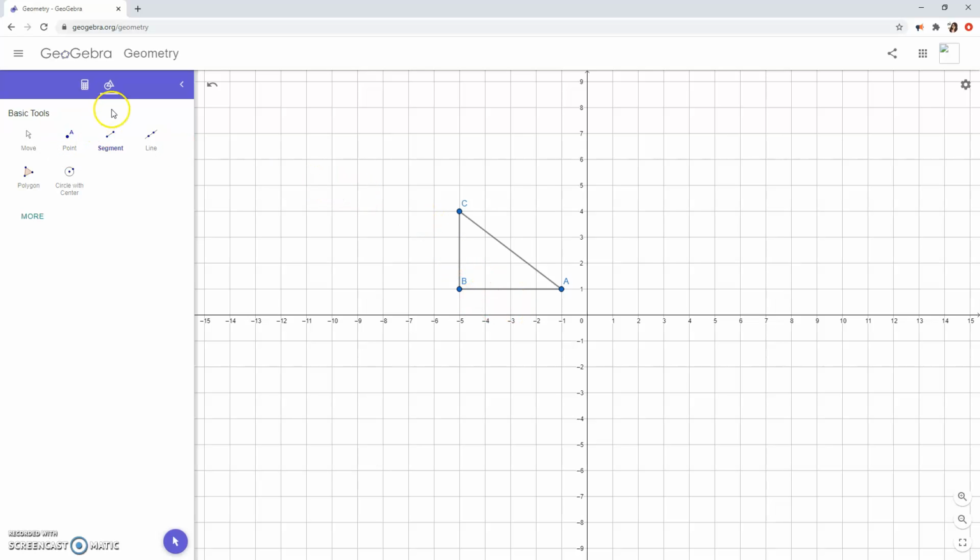Some cool things to note are if you click on this little calculator right here and click on each point, it'll tell you the coordinates of each point. If you need to undo something that you did, you can click on this little back arrow here to undo your work. And those are really the only two tools that you're going to need today, the point and the